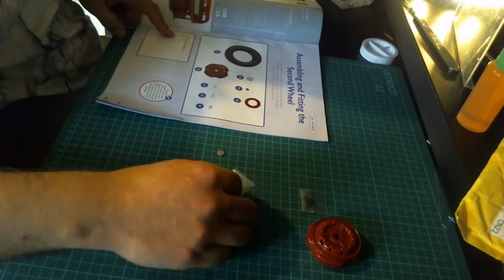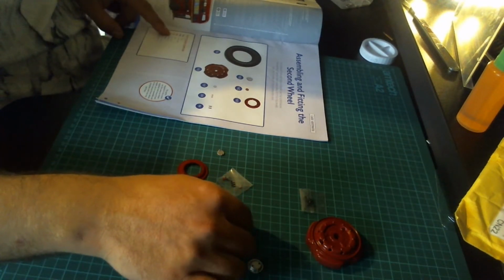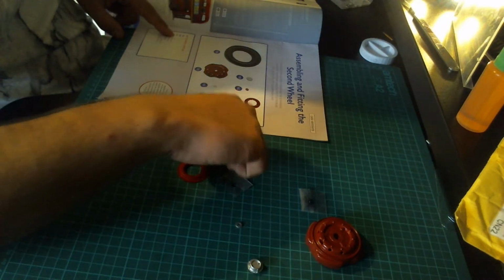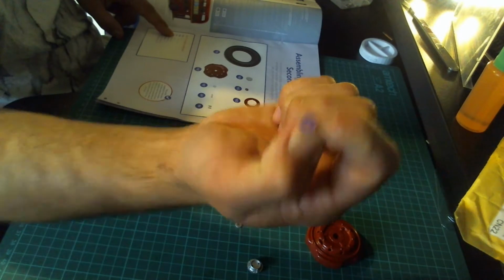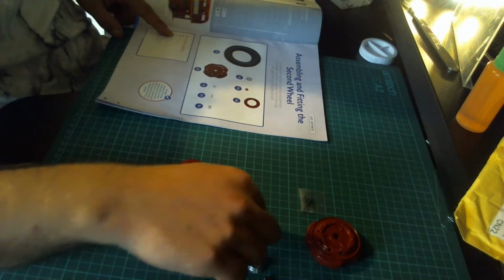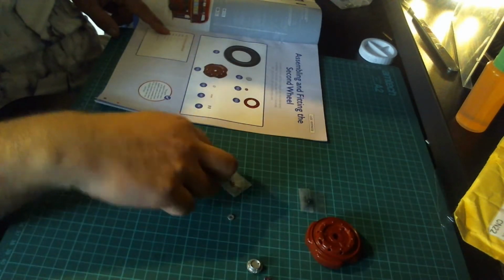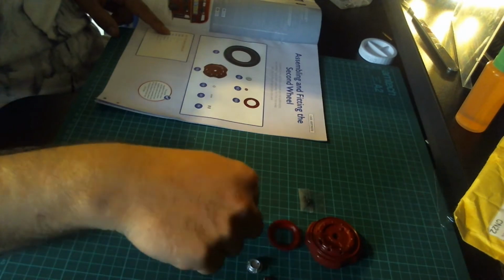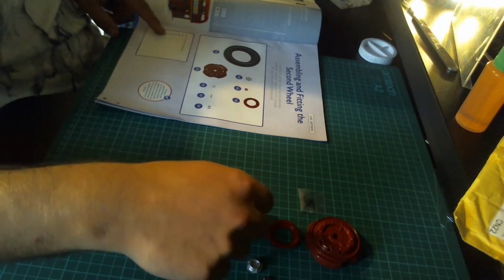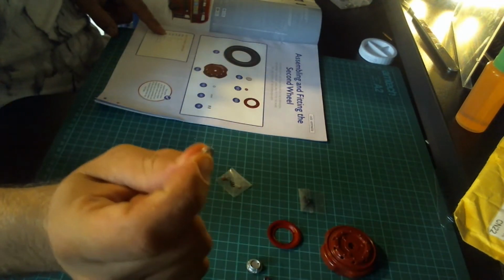We've got 10B, which is the hub cover. Again, we've got the 10C, which is the logo, and that says AEC. Okay, we've got 10D, which is the nut guard, which is this red part again. We've got 10E, which is obviously the wheel rim, and then we've got 10F, which is this plastic washer, which